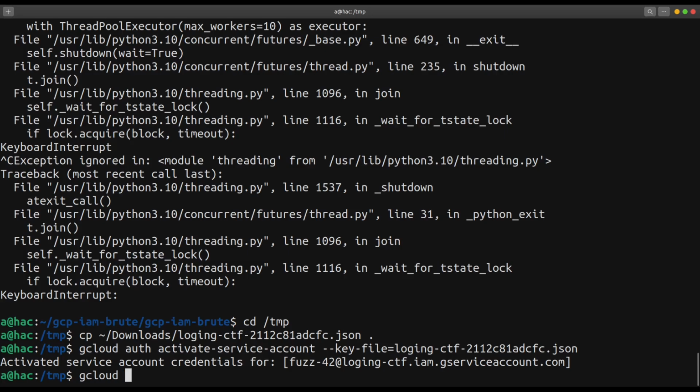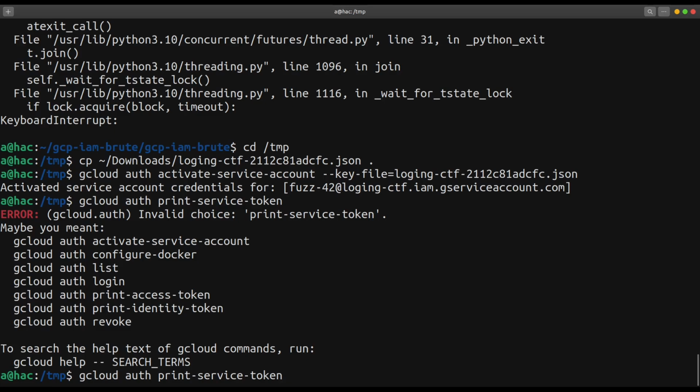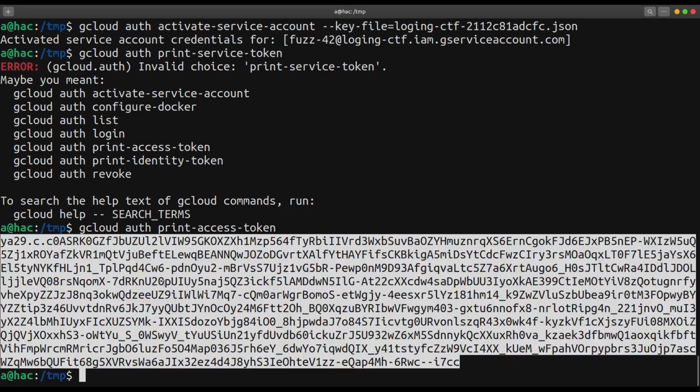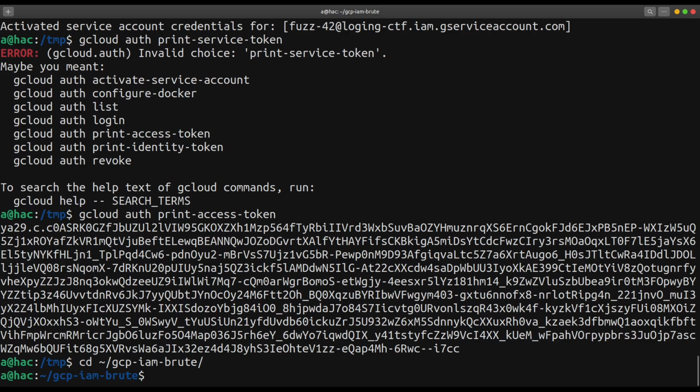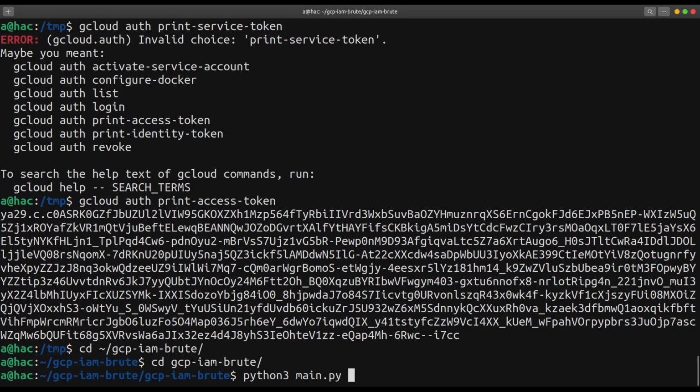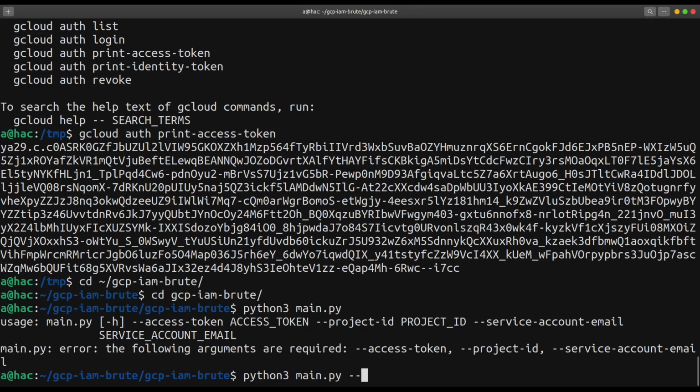So over here, let me print the auth token. gcloud auth print service account token. Wait, I forgot the name, man. Print access token. Alrighty. Now we will go ahead and provide the same details to GCP IAM Brute once again. Again, cd over here, python3 main.py. I will provide the value access token equals to